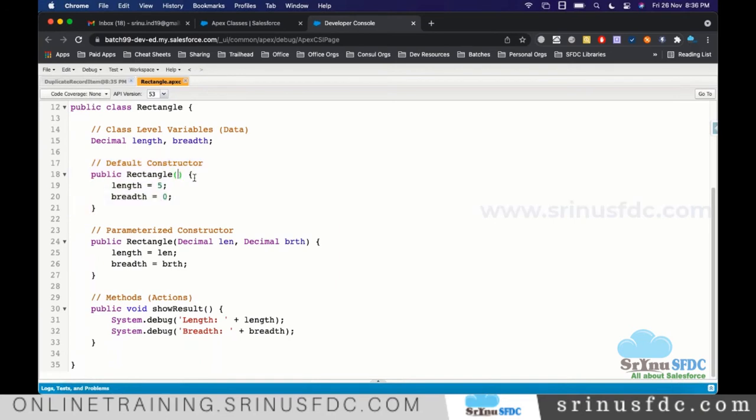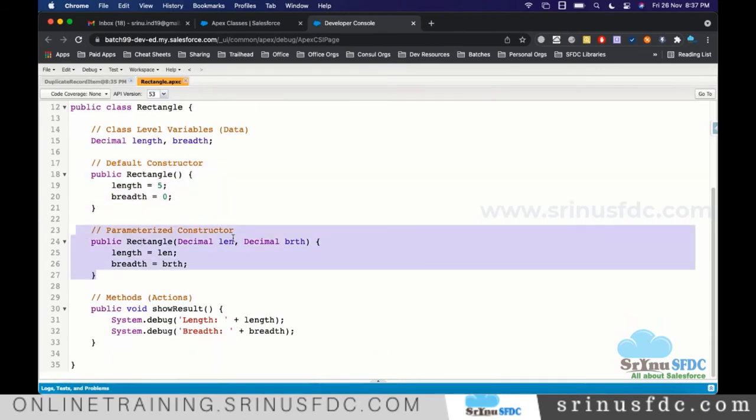In one constructor, we did not mention any parameter. Inside this, we are just initializing the length and breadth variables as 5 and 0. At the time of creating the object, we can decide whether we want to call this constructor or the parameterized constructor.